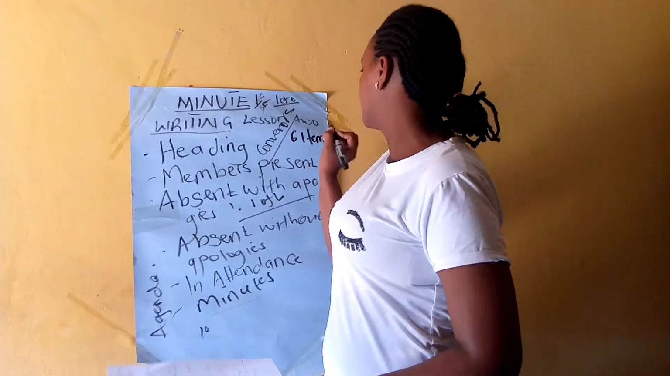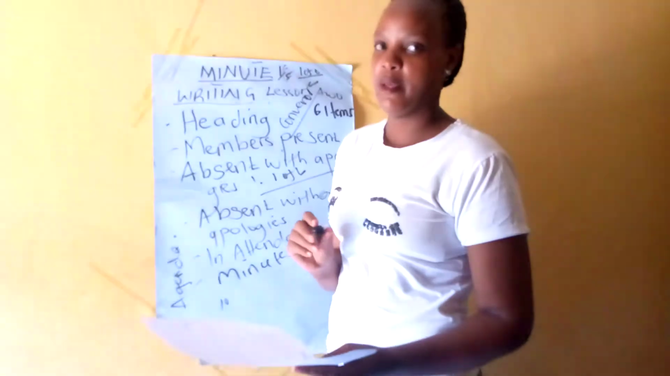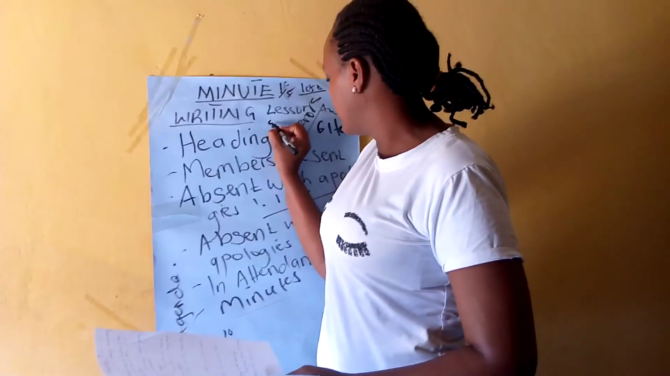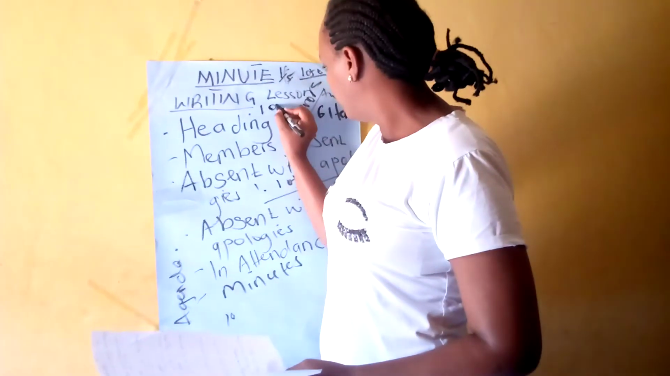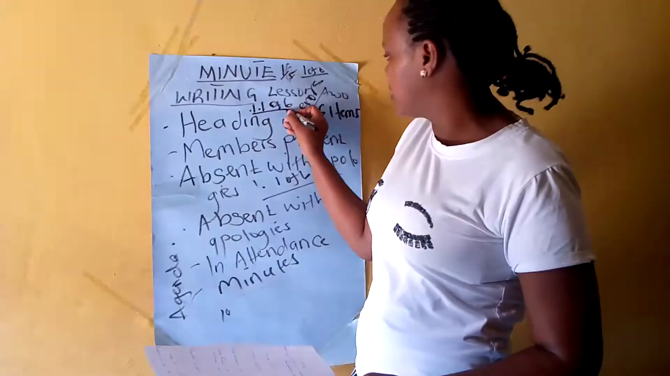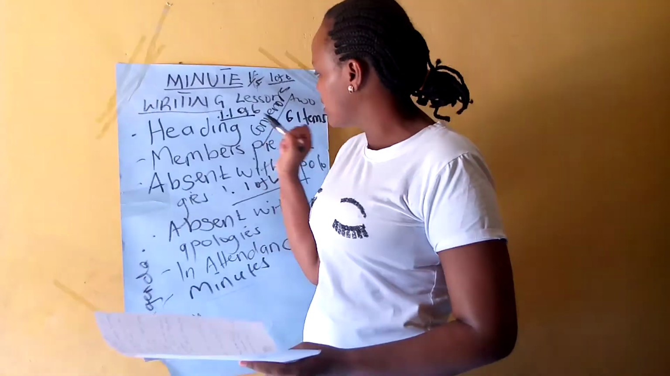Let's assume we have 6 items on our agenda. Then number 1 is the speech of the chairman. So you will write it as number 1 of 6 items, meaning the speech of the chairman is number 1 of the 6 items that has